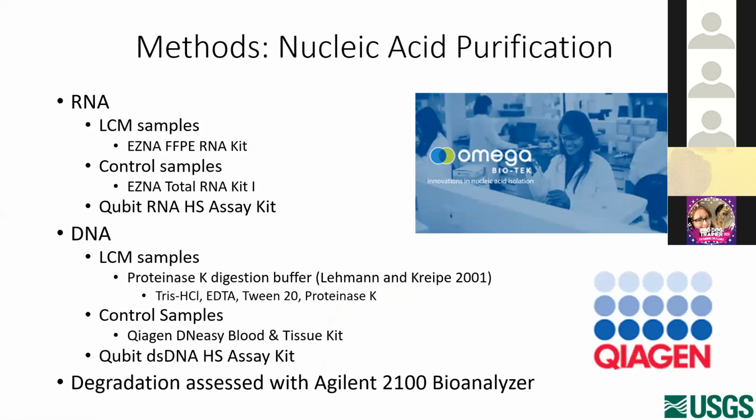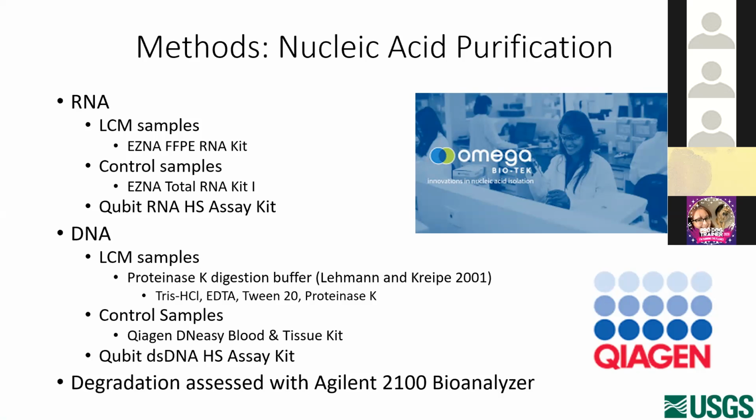So for nucleic acid purification, RNA was extracted from the LCM samples with the E.Z.N.A. FFPE RNA kit, and the control samples were extracted with an E.Z.N.A. total RNA kit. And all samples were quantified with the Qubit RNA high sensitivity kit. For DNA, LCM samples were extracted